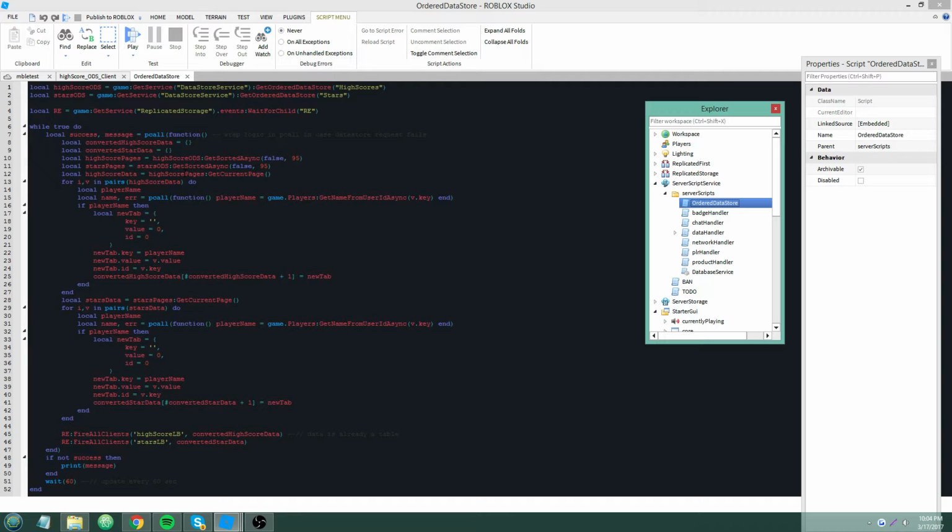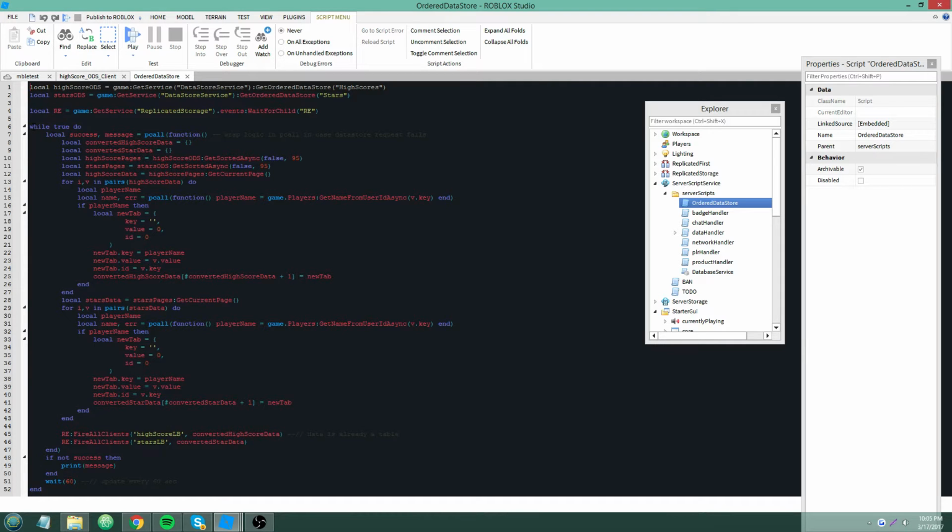Alright, so let's start at the top. When you're writing an ordered data store, you still use DataStoreService, just like in a normal data store, except instead of using the GetDataStore method, you use the GetOrderedDataStore method. So you just pass the string that's the name of your ordered data store, the scope. I'm gonna walk you guys through the high score ordered data store part of this script.